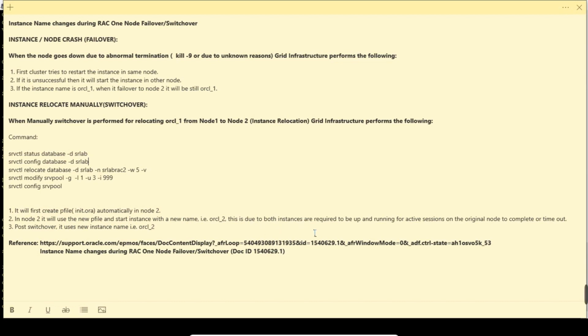Let me first get the status. Instance SRLab 2 is running on node SRLab rack 1. Online network is inactive.